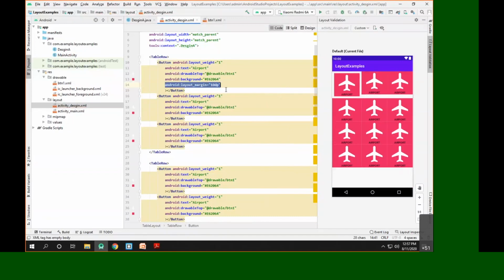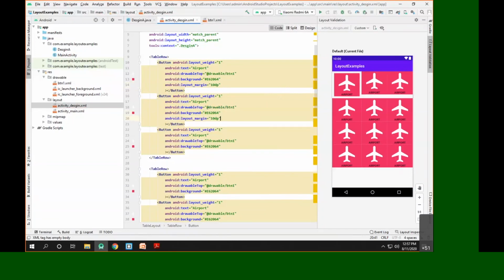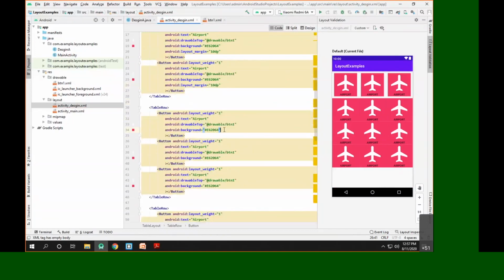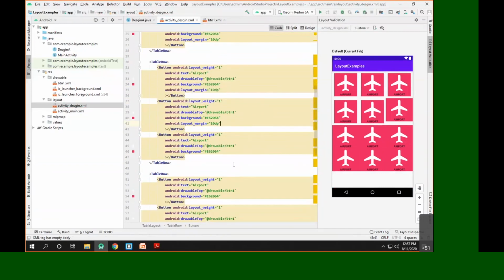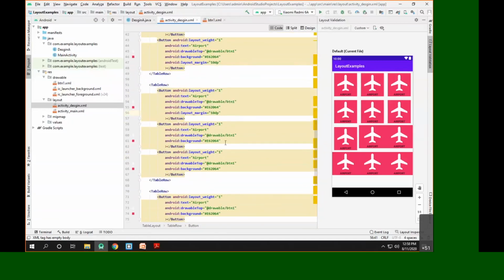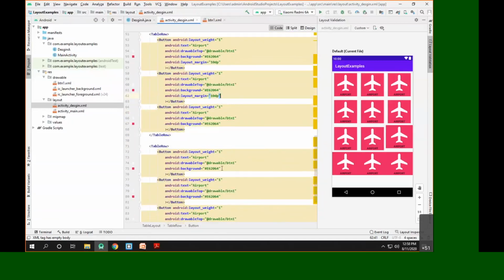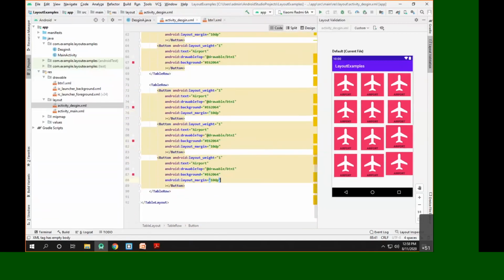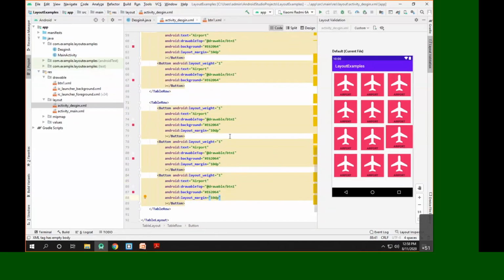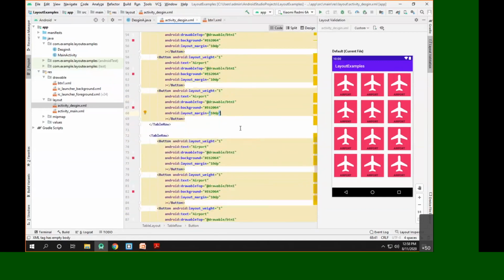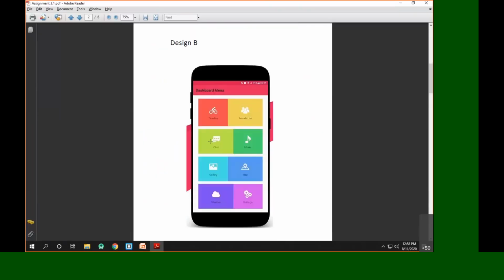So I'll simply copy this code and paste it here. As you can see, it will leave the margin from all the sides. Let me see whether any margin is remaining or not. Yeah. So this is how you can basically design any kind of layout by using the PDF